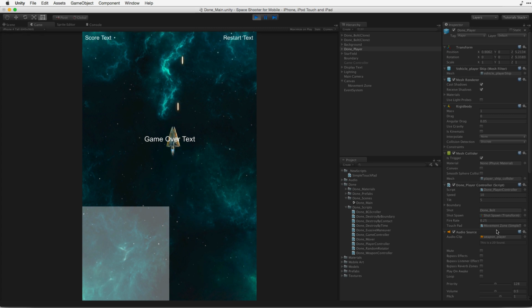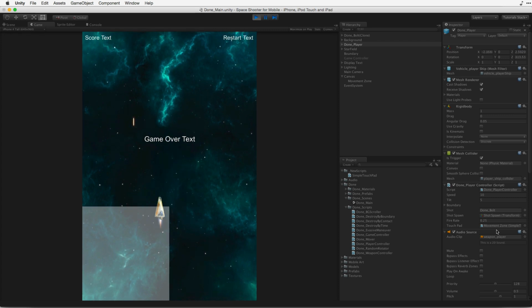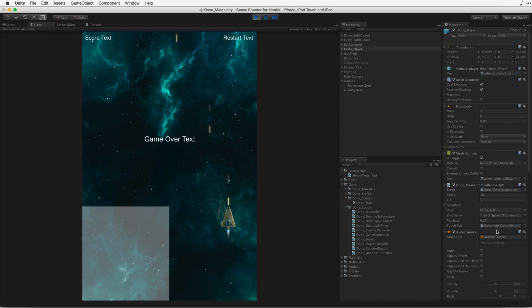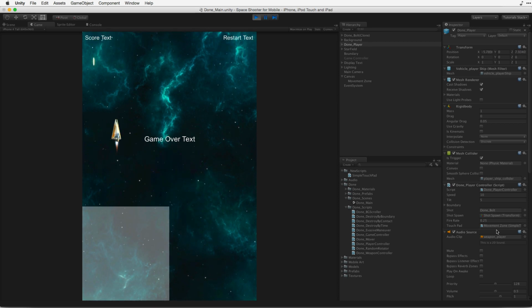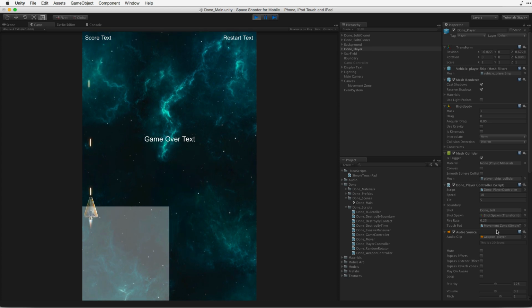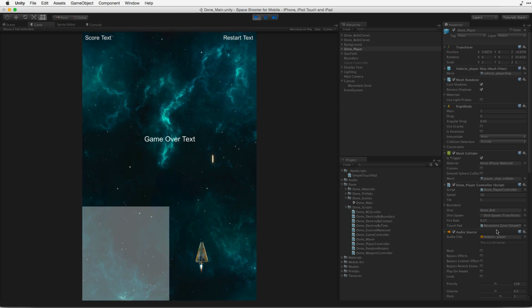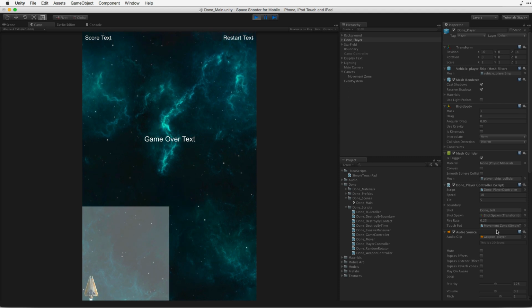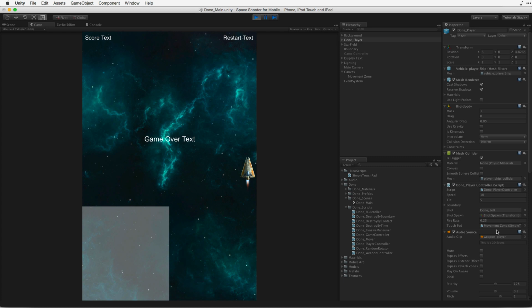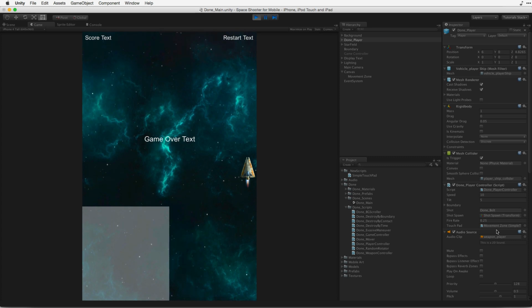And now we can move our spaceship around by using the touchpad. And you don't see my thumb moving around, but it is. So we're now using that touchpad to move the ship. But one of the things that